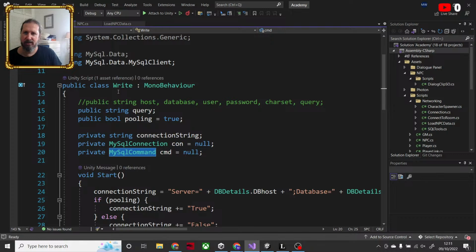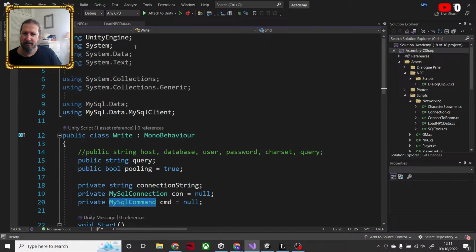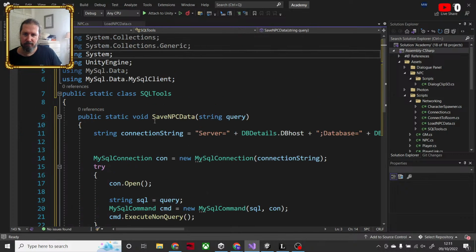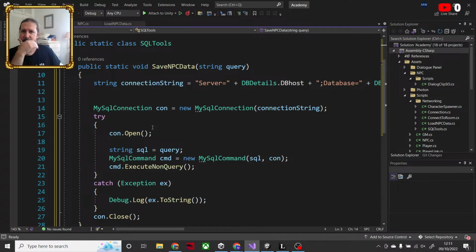Exception is going to be probably system. Okay. This technically should work. Save.